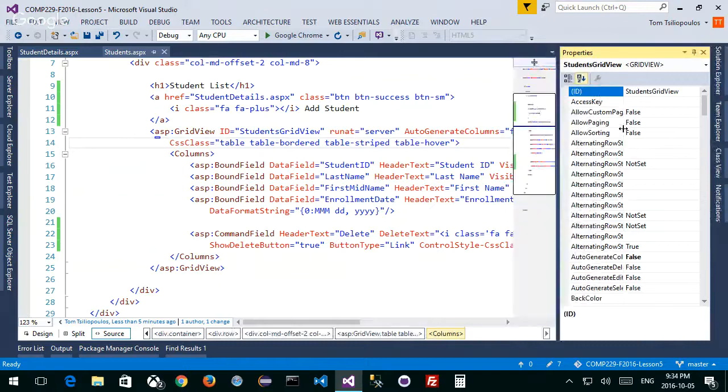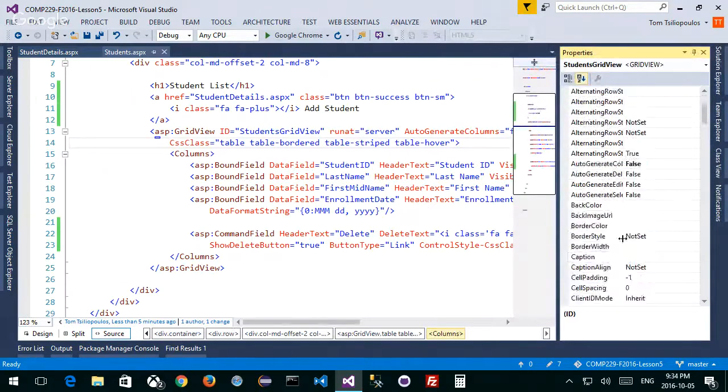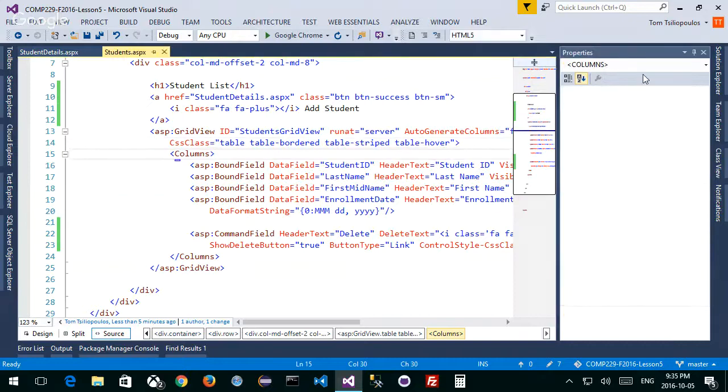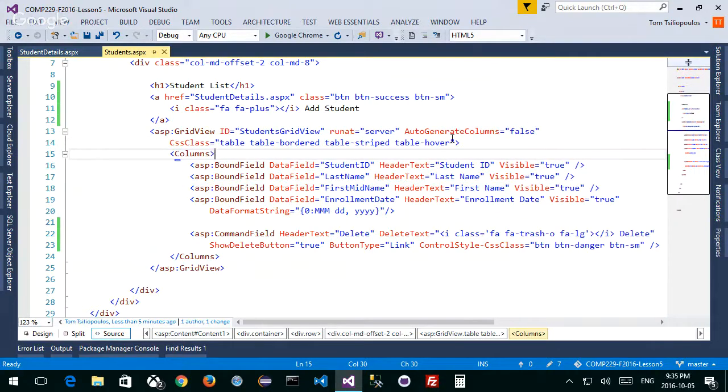Notice these are all the different things you can do, like row deleting. And you can also click on any kind of additional things here. So if I go to row header column, all this kind of stuff, you can see that these are all the things that I can set. And some of them say not set. I can set some of these properties. Okay, let's get out of here. And I want to show you more stuff so you can see what I'm saying.